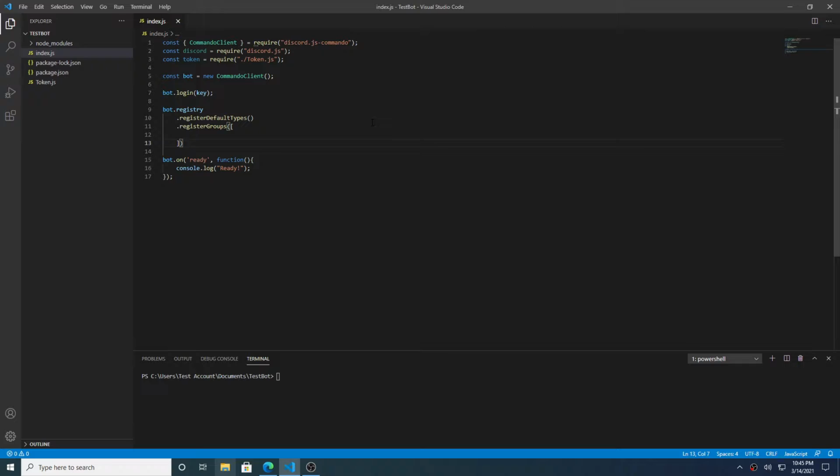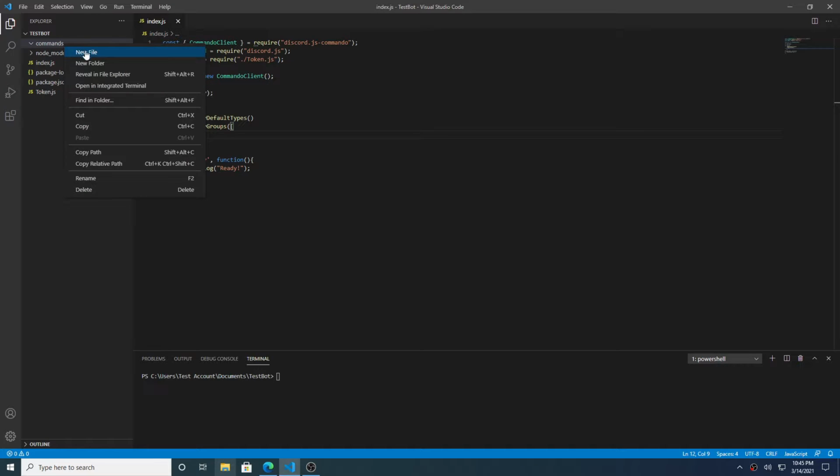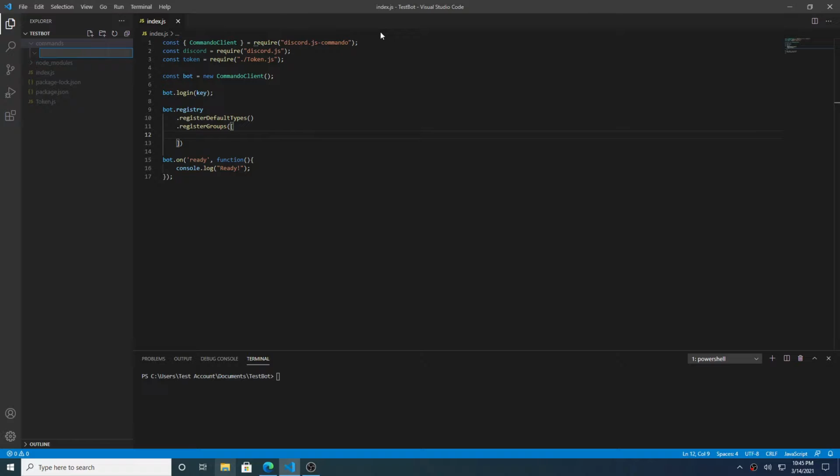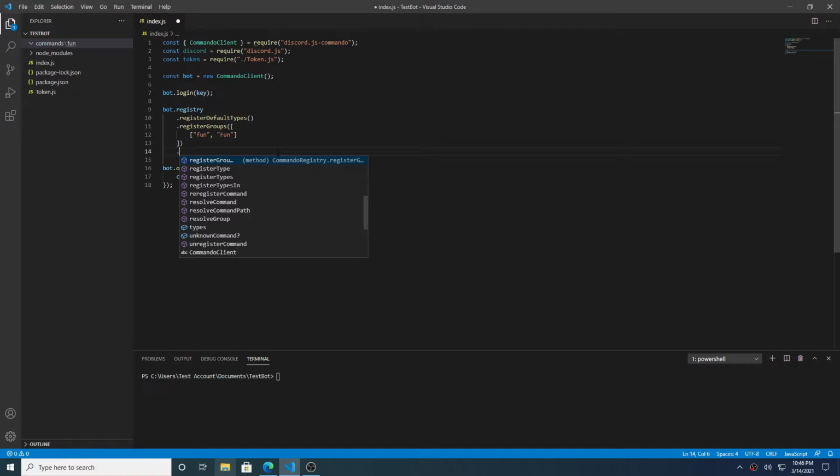So now that we have that, we can start adding our subfolders. So first, let's create a new folder called commands. And so let's create a group of commands called fun. So a new folder inside the commands folder called fun. So what we're going to want to do is put these brackets, and then we're going to want to put quotes, and then the name of the folder, fun, and then we're going to want to put a comma, and then this is what's going to show up in the bot when you do dash help. So we'll put a capital F for fun, and when that's done, we'll do dot,